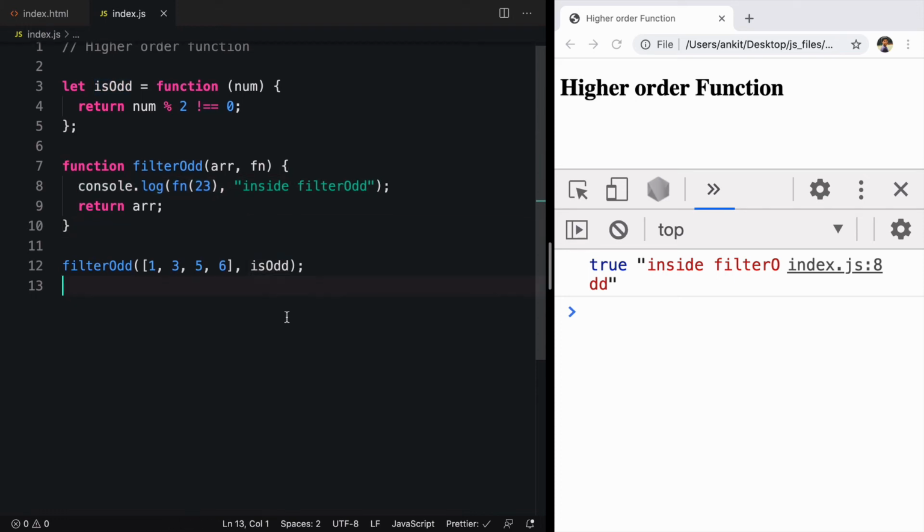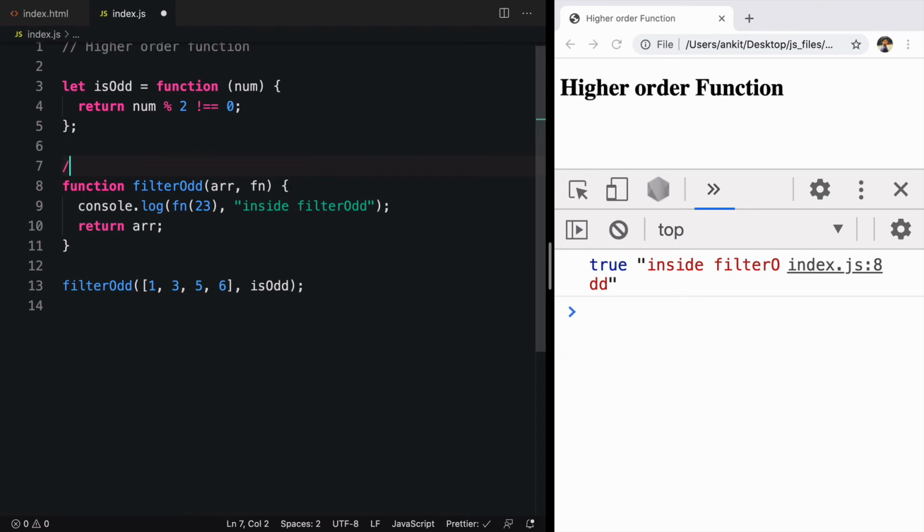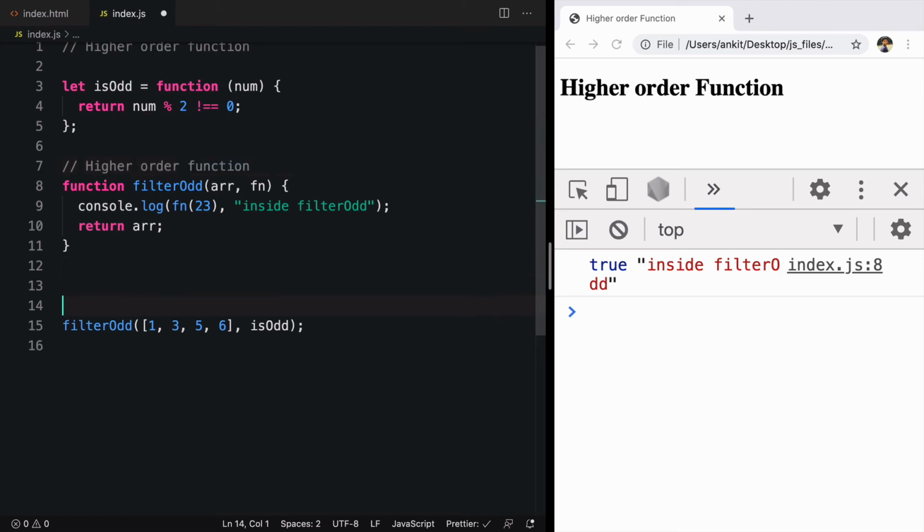So whenever you pass a function definition, not a function call, inside another function, here filterodd will become a higher order function. And the function that you pass as a parameter to a higher order function is known as a callback function.